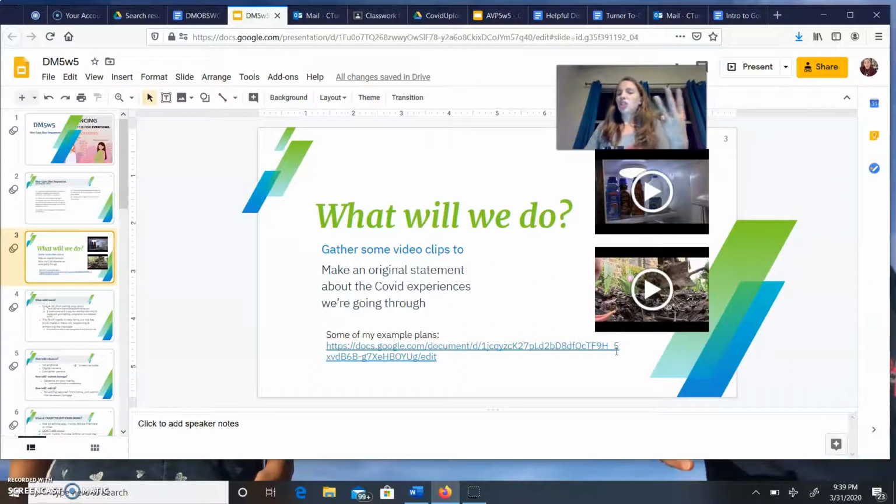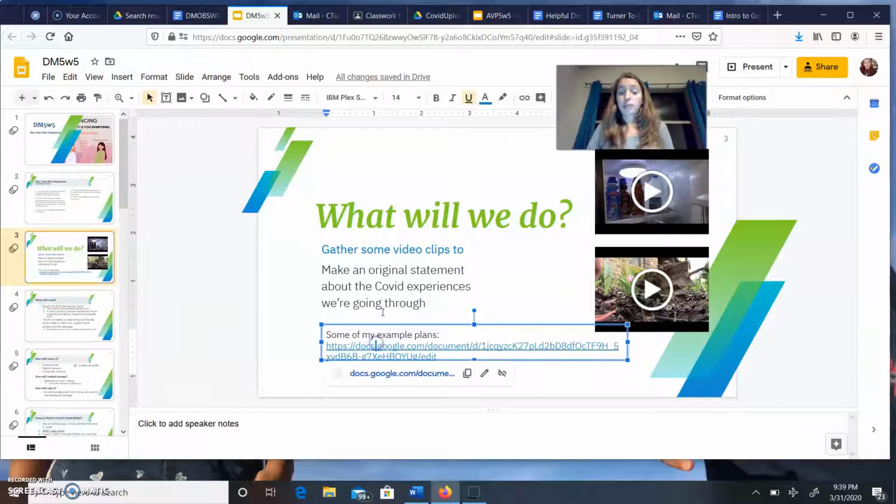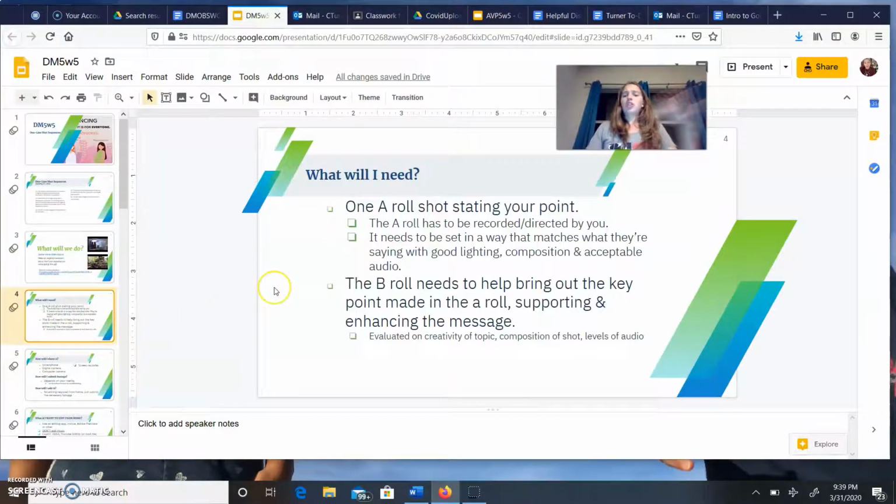So an additional 3rd shot would help that better by actually showing that I have more time to spend in the yard. So I don't know what I'd do for that, like a school calendar where I'm marking out days that I don't have to actually go to the building. I don't know. So those are 2 demo videos that you can see. I've also put together some example plans where you can get more ideas, and I'll share those with you when you need to start your planning. But right now you're trying to brainstorm ideas.